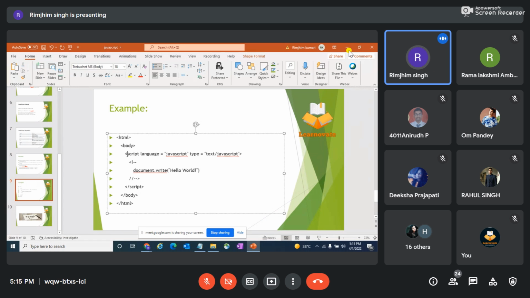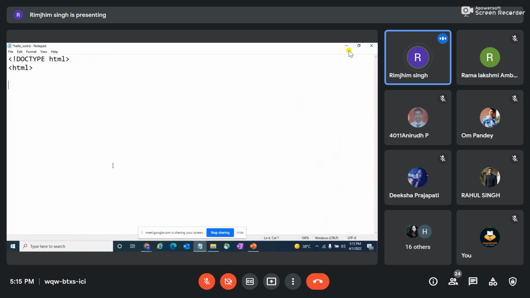using the keyword script, an opening script tag and then a closing script tag, and inside these two script tags, I'll just be writing my code. So let's begin with the first program, which would be hello world, and then I'll show you how it works. As I told you, document html type defines that this page is an HTML page, and it gives a structure to my HTML document.